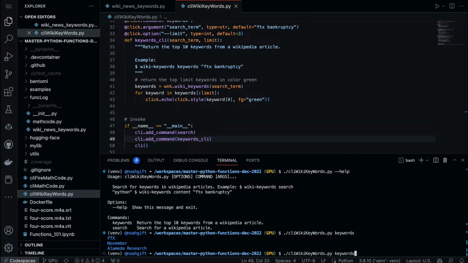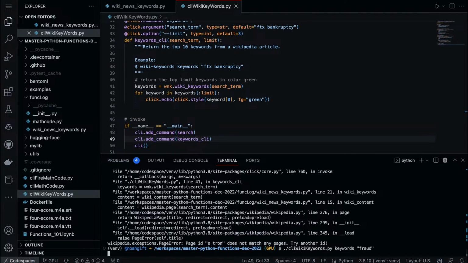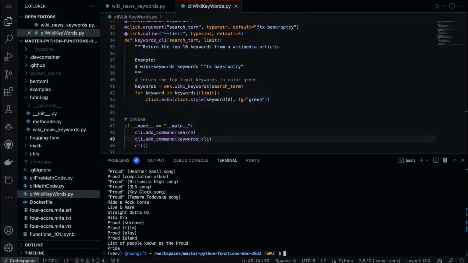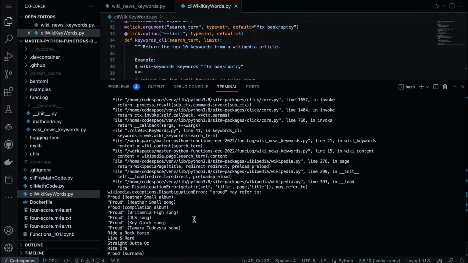Now, if I wanted to put a new keyword, we could put in Enron, for example, and so Enron didn't match. So we could probably clean things up. I don't know, fraud, or we could add new things in here. There we go. So this is showing us results of different things that we could search for.